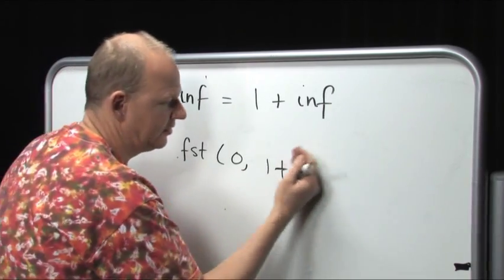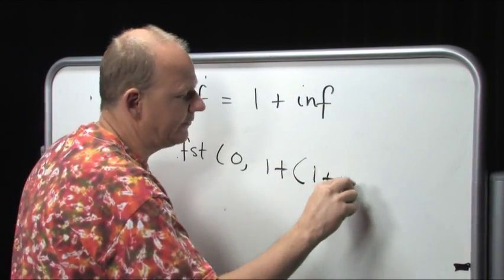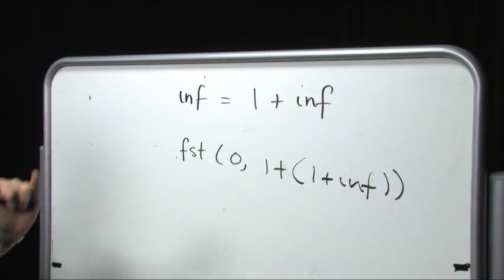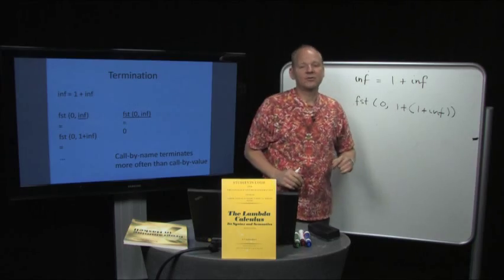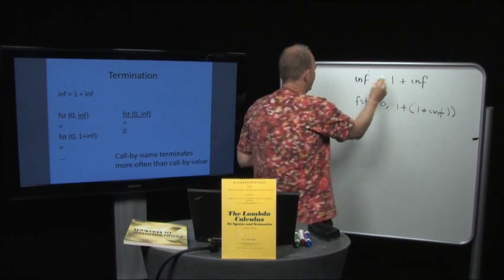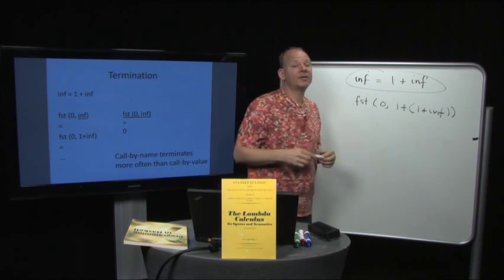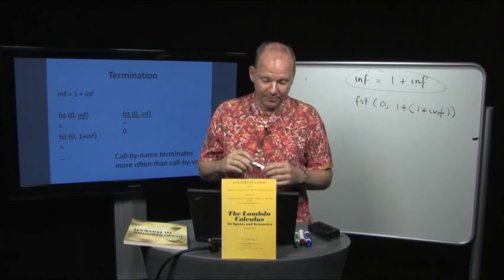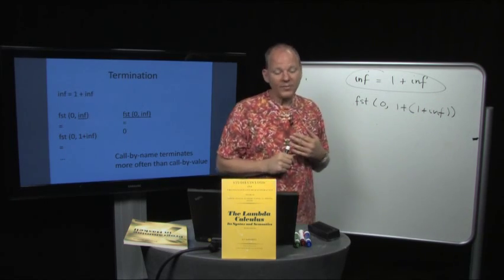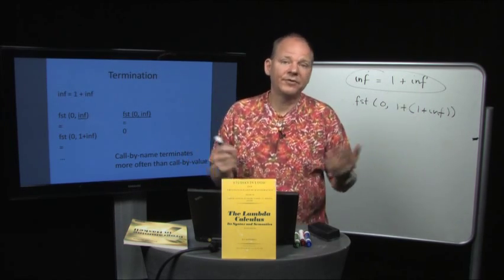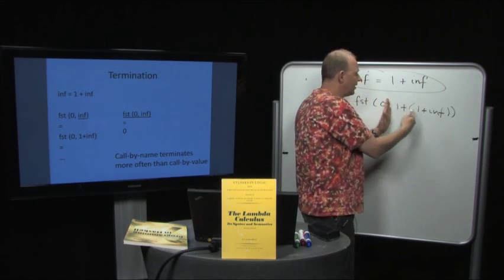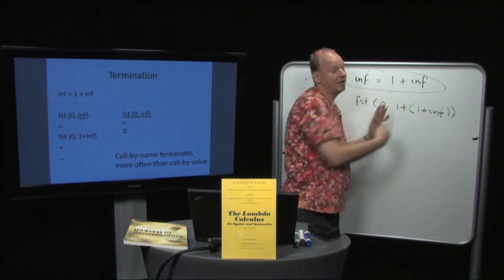So this becomes 1 plus inf. And not to bore you, I will stop here because obviously this thing goes on forever. So when you do call by value and you have this kind of runaway recursive functions, you might run into non-termination. And that's perfectly okay, but it's caused by the fact that I'm kind of too eager here to execute